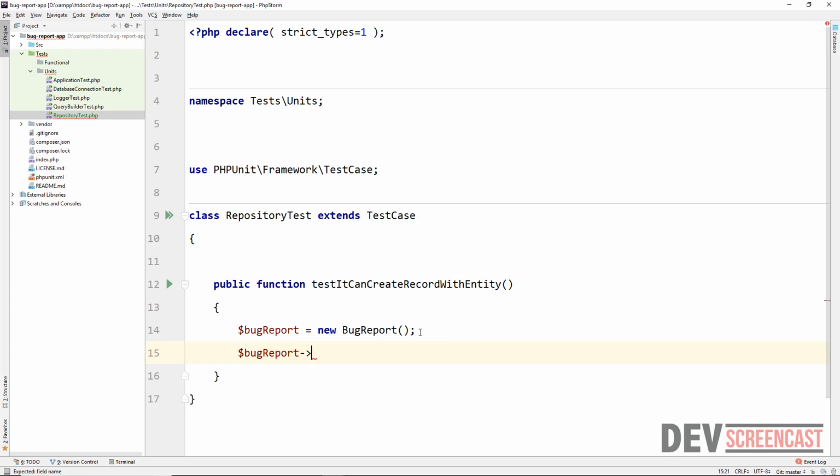And then we want to set some attributes. So let's say we're going to set the report type, which should be equal to some string. We'll get back to this later actually. But for now, let's just say we leave this as an empty string, and then we want to chain on, and then we want to say set link. The link is also optional. We want to put this as an empty string. Let's just put something here. Let's say type 2, and then let's say the link will be